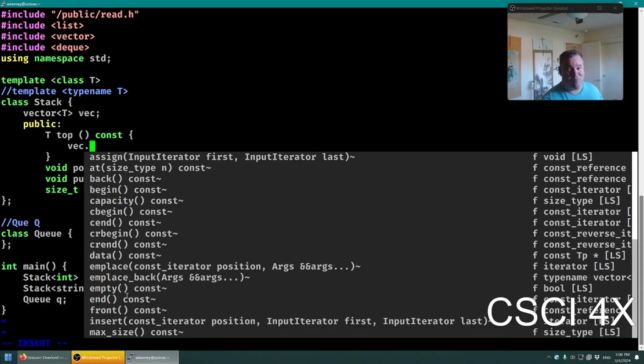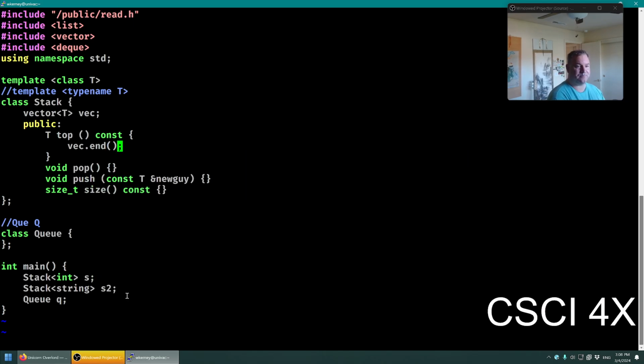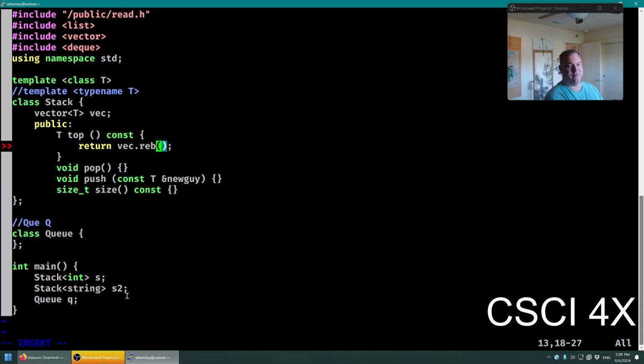Back, not end. If you use end, you're returning an iterator not to the last element, but one past the last element, right? You've got to be very, very careful about that. Now, if you want to be super job security